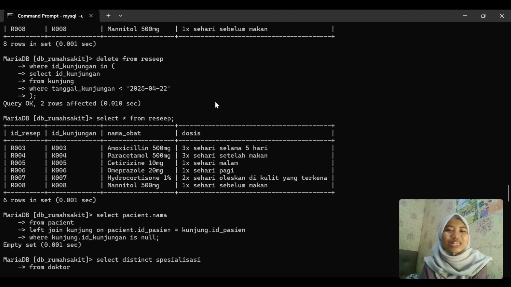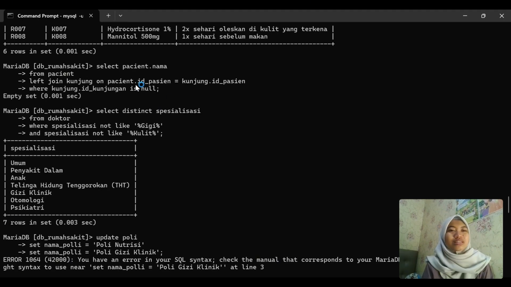This query identifies all visits before the specified date and removes their associated prescription records from the receipt table. This query successfully deleted two rows. And next I answer number 10.